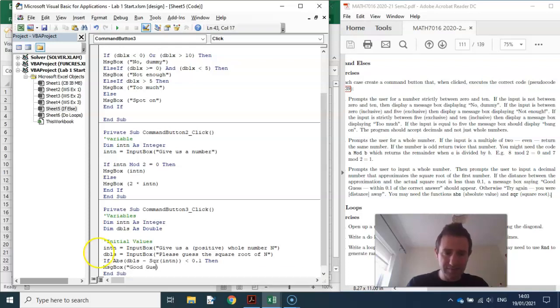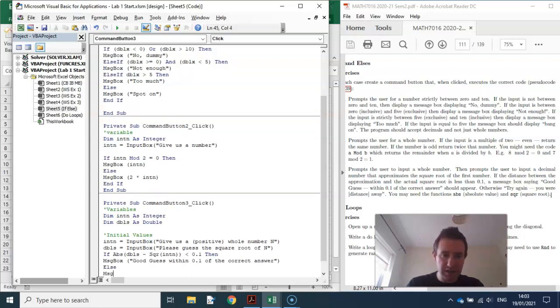Good guess, within 0.1 of the correct answer. And then else, so if the distance between your guess of the square root and the actual square root is too big, you're going to get a message box, try again,